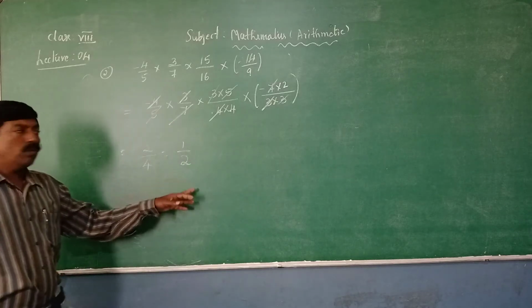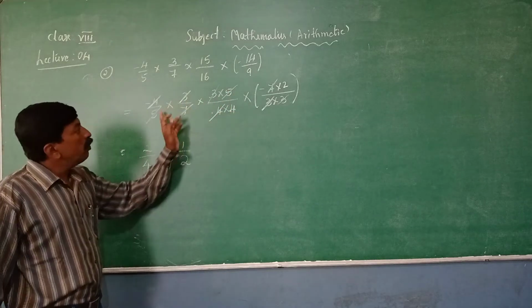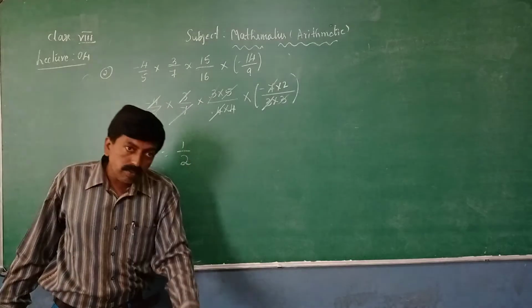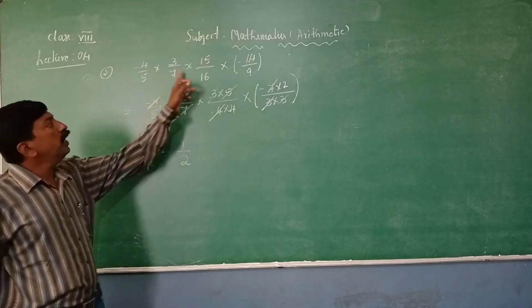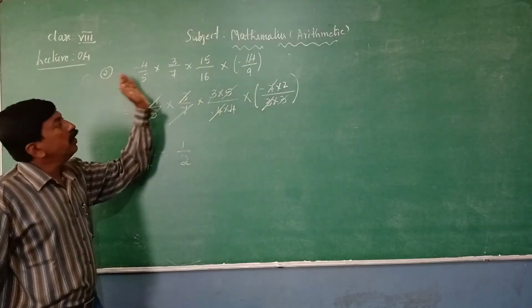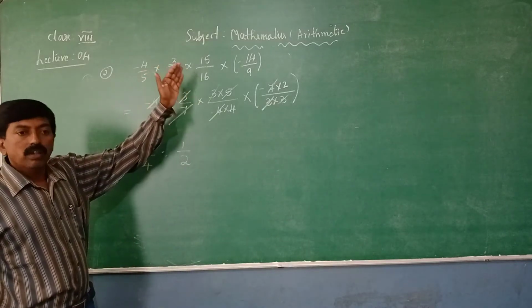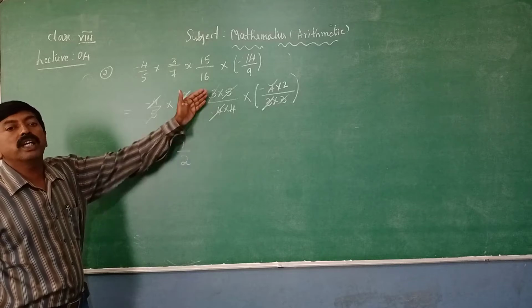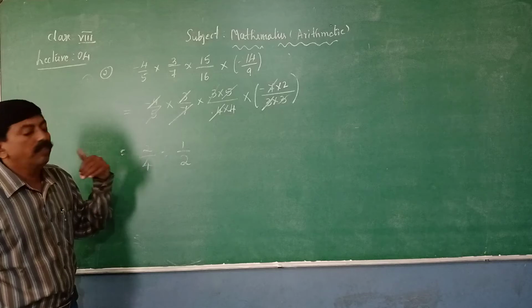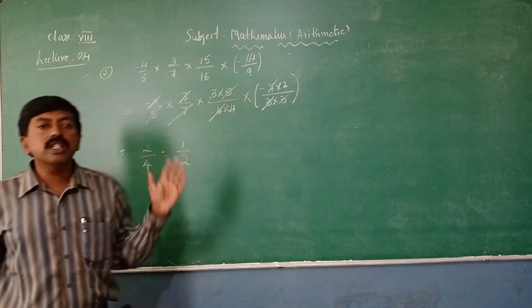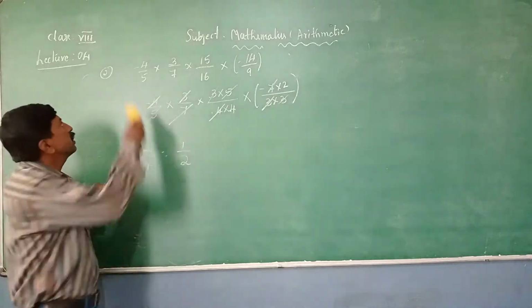So where do we use this rule? If they are given a product, that is into. If they are given plus or minus, you have to take the LCM of the denominators, then simplify. Other than that, if only the into sign is given, you can make them into factors in simplest form, then divide the same prime factor in numerator and denominator. This is another way. Or you can multiply all of them, then divide by the prime factor. That is also possible. So write down the next one.